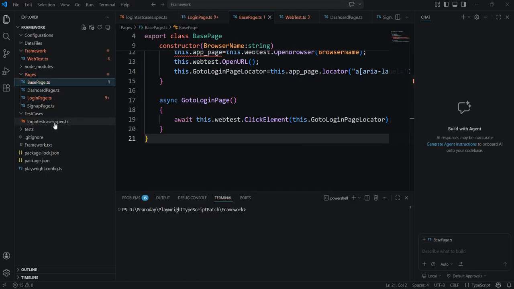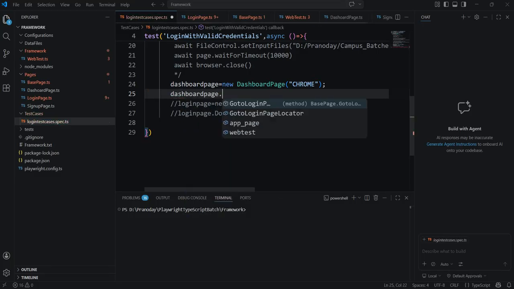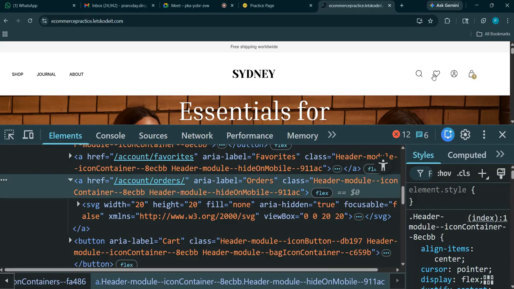So in our test case, once the dashboard page object is created, I'll say dashboard page dot go to login page. So this will take me to the login page, right? So first dashboard object is getting created, dashboard page object. From that dashboard page, with the reference of it, I am calling my go to login page. Okay, so I will go to the login page, and once I'm on the login page, once I'm here,